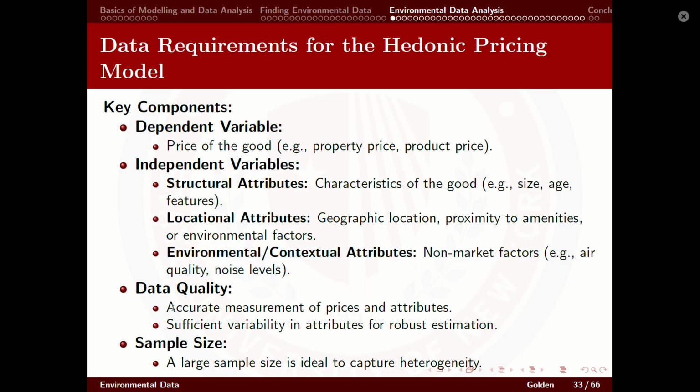When you're thinking about getting this data, make sure you have an accurate measurement of price and attributes. Do things like adjust for inflation, make sure everything is on the same scale, make sure you know when the transactions happen so you can make sure there's nothing funny, and make sure that there's a lot of variation, preferably in all the variables, but definitely in the price of the good,